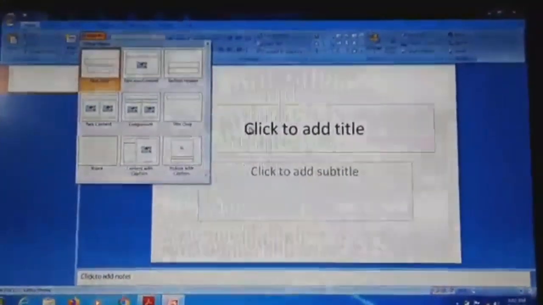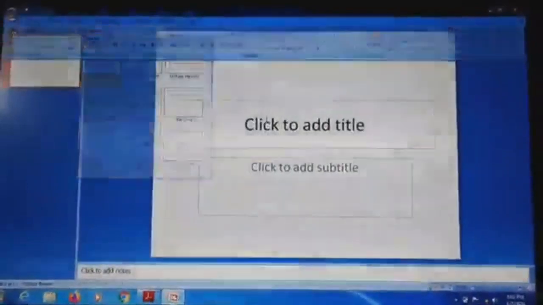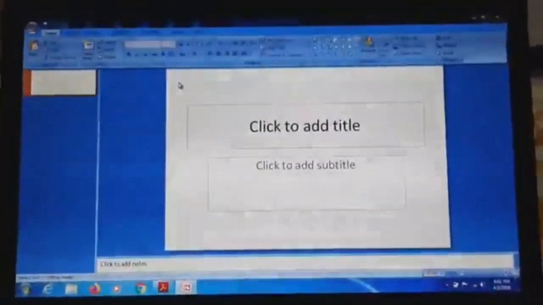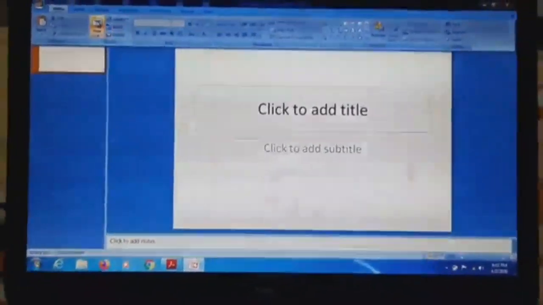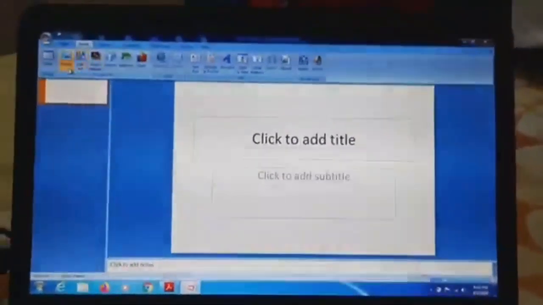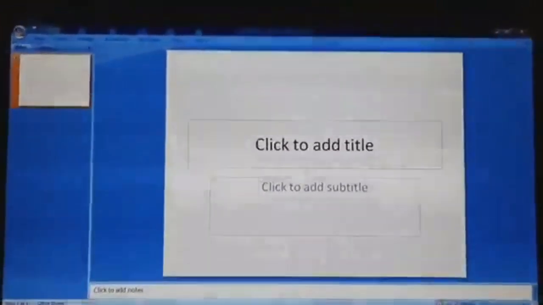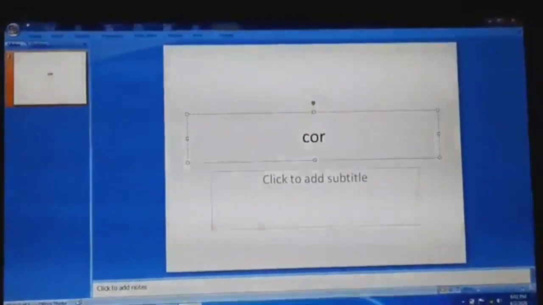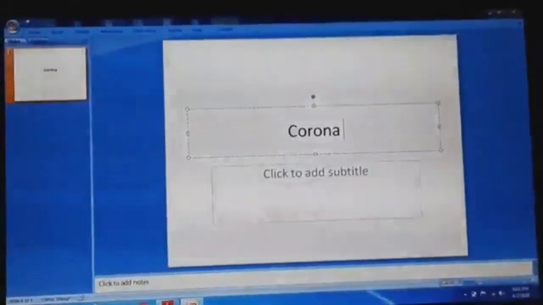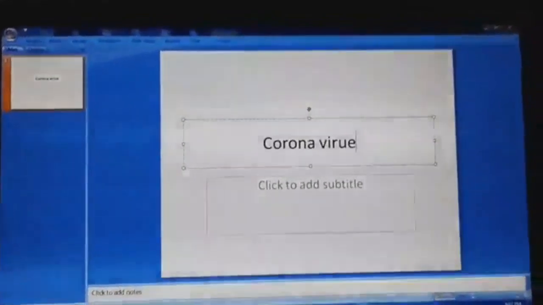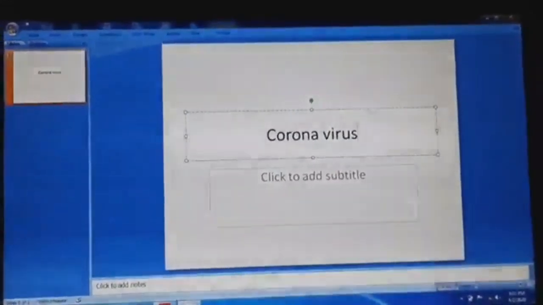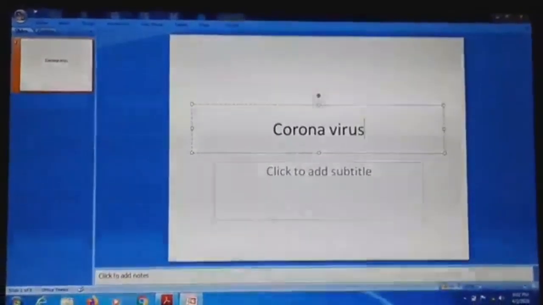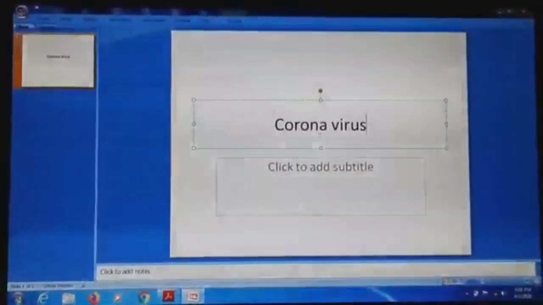Okay, so I'm starting from here. First of all, I'm taking this slide. So you can choose any picture from here, insert, like I want to make it as Corona virus. Right?